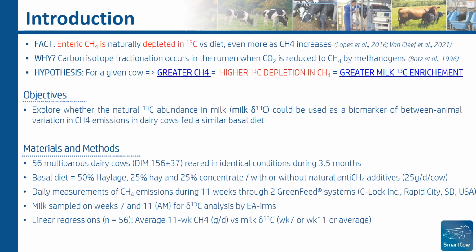There is a lot of evidence showing systematically that enteric methane is naturally depleted in 13 carbon compared to the diet, even more as methane emission increases. Why? This is the consequence of carbon isotope fractionation occurring in the rumen when CO2 is reduced to methane by